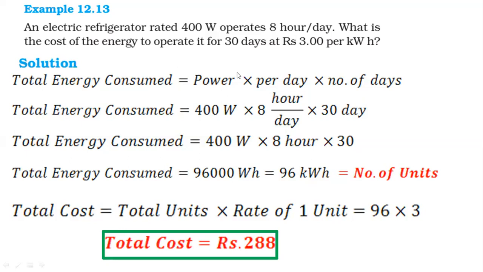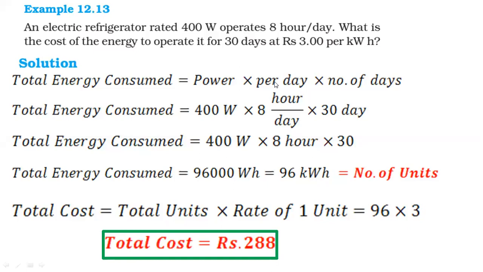These kinds of questions are definitely asked in the exam. Actually, they are very simple, but students make mistakes, like in this question, 2 times. First, they just multiply the 400 and forget about the 8. Or sometimes students multiply the 400 and 8 and forget about the number of days it is operated. That is the first mistake students do. The second mistake is that they do not convert watt hour to kilowatt hour. They directly use this value as 96,000 and multiply 96,000 with 3. They do not convert watt hour to kilowatt hour.